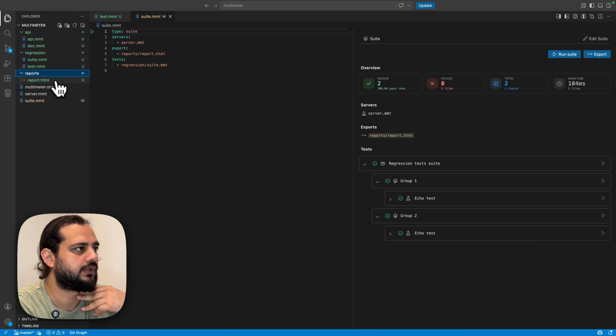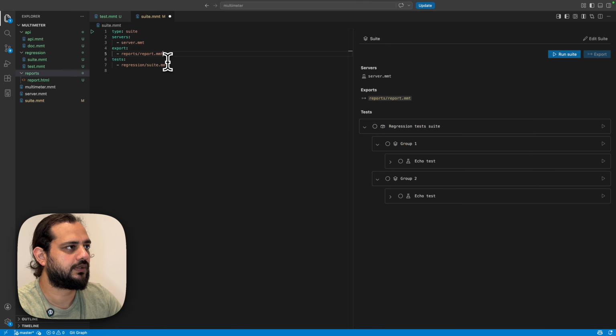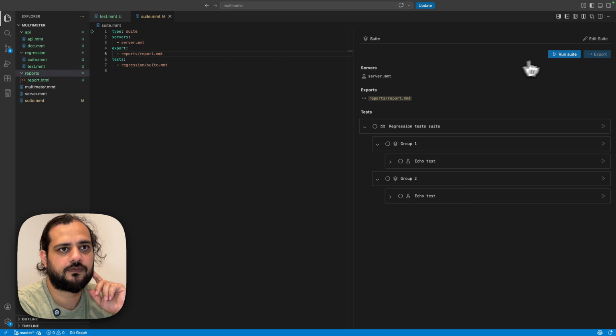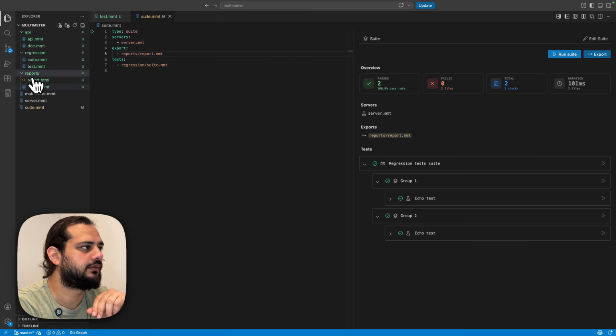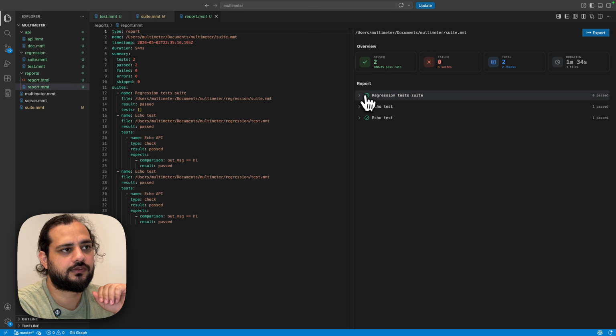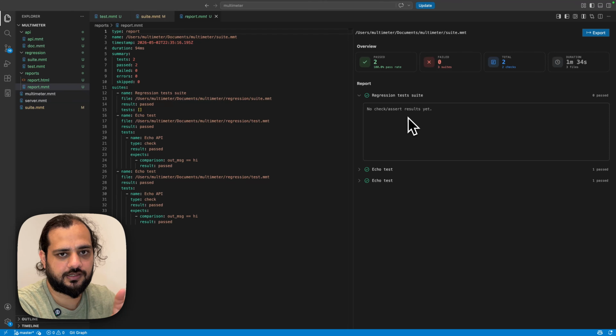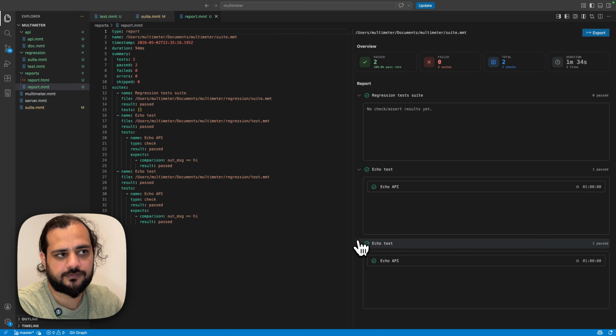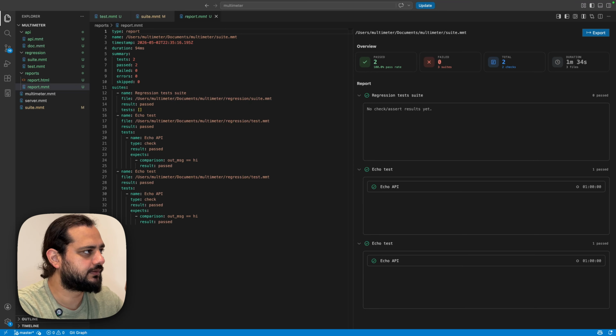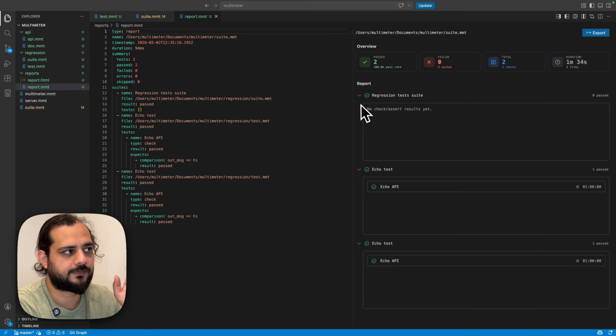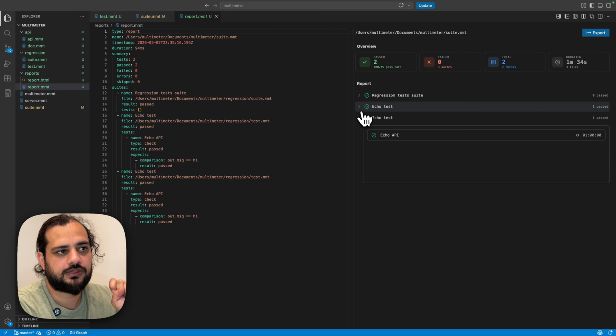And I'll have a report in HTML format. Let me change it to MMT to show you also what the MMT report format is like. If I run it now, I have MMT format, and you can see that we had a regression test suite. Nothing passed because we didn't have anything as the regression itself here. But we have 2 echo tests from the suite that we have in our regression test that passed here. So, yep,